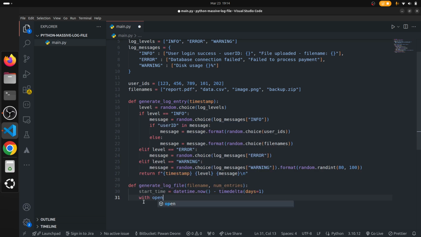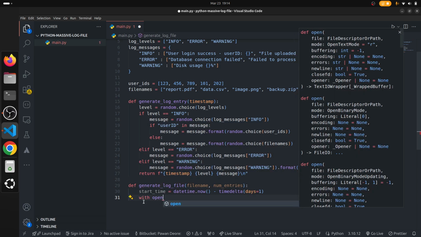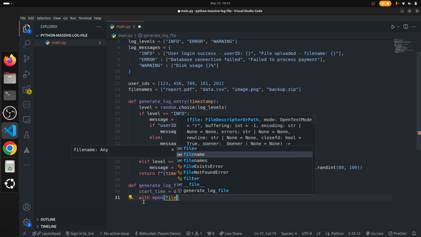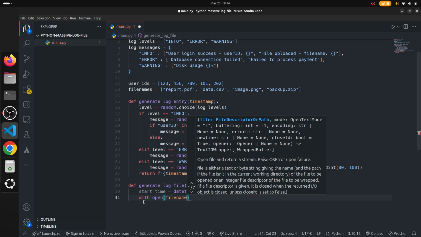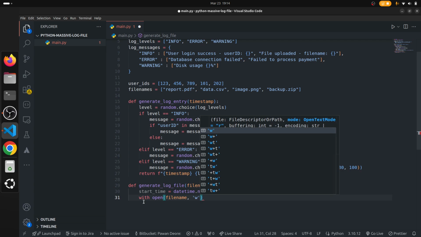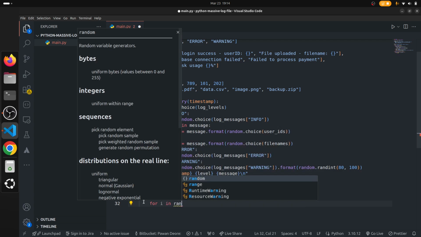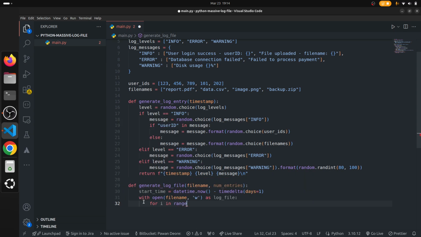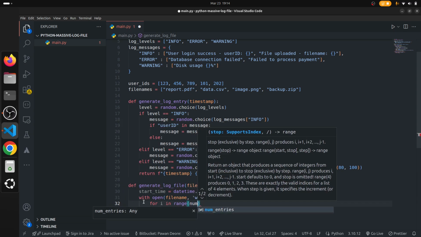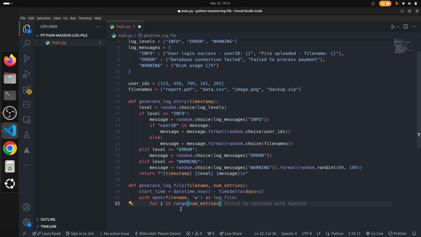Then with open file name, so this is file handling, as log_file, and in a for loop we will generate those entries. So for i in range num_entries,